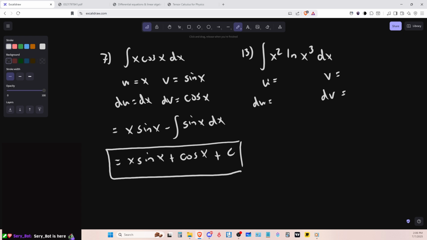Okay, let's see, which one can we differentiate that's not too cumbersome? Because we have a natural log here, and it's also given by x cubed here. So that part seems like it's going to be the most complicated. In order to do this, we're going to have to do the natural log of some